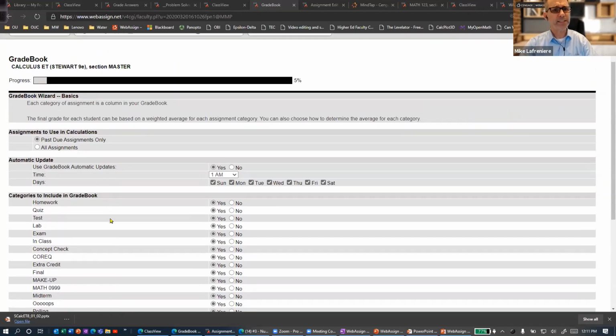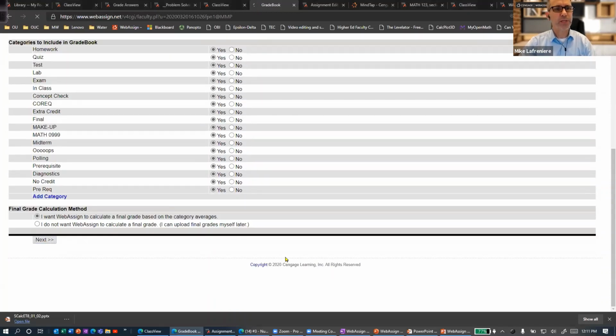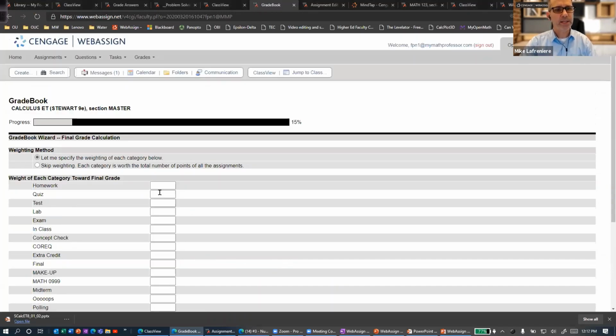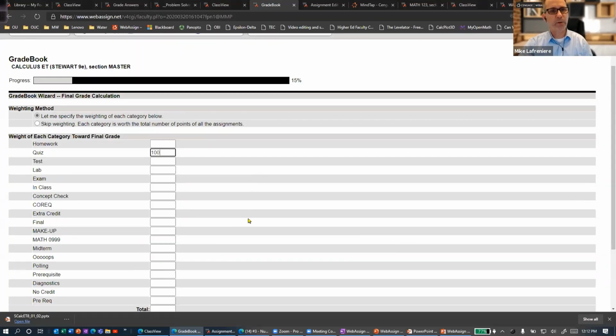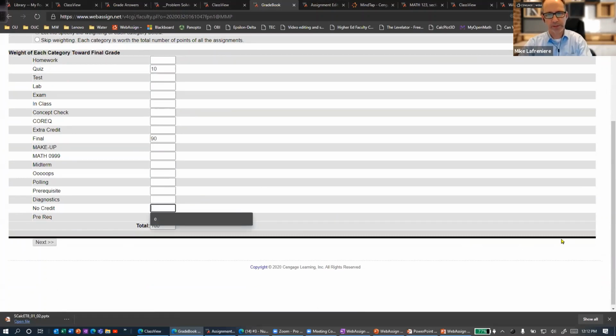And then the next step in this process is to choose how those categories are going to be weighted. So you can see I left them all selected. You can choose how the quiz category is 100% of their grade, or maybe it's just 10% of their grade, and then the final is going to be 90% of their grade. You can have a practice category. You can have a no credit category that's worth 0, and you just put assignments in there for the sake